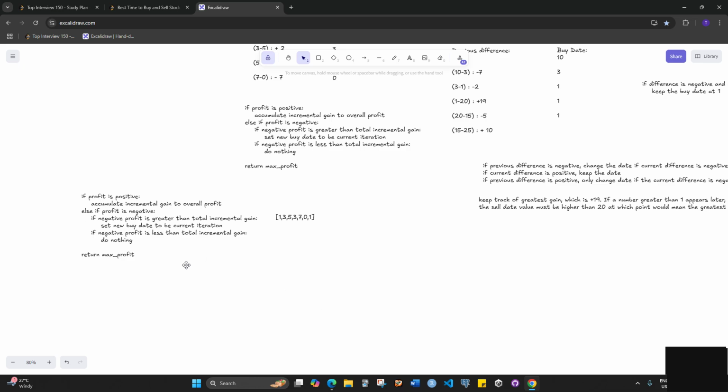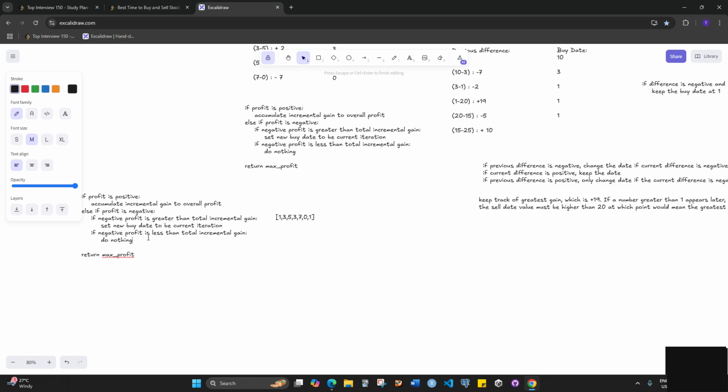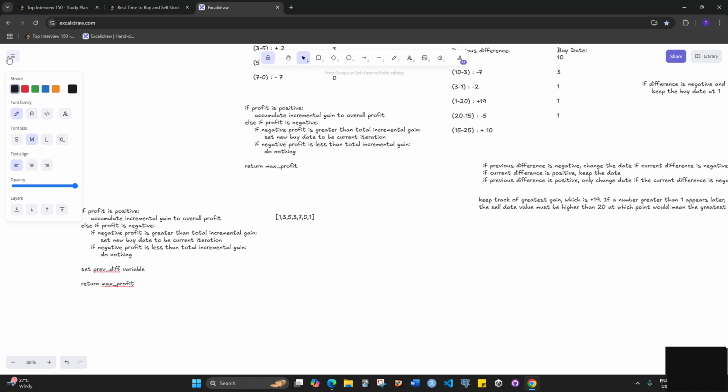So if the profit is negative, because over here, if the profit is negative, we set the, otherwise we, and then before we do all of that, what we can do is we can calculate